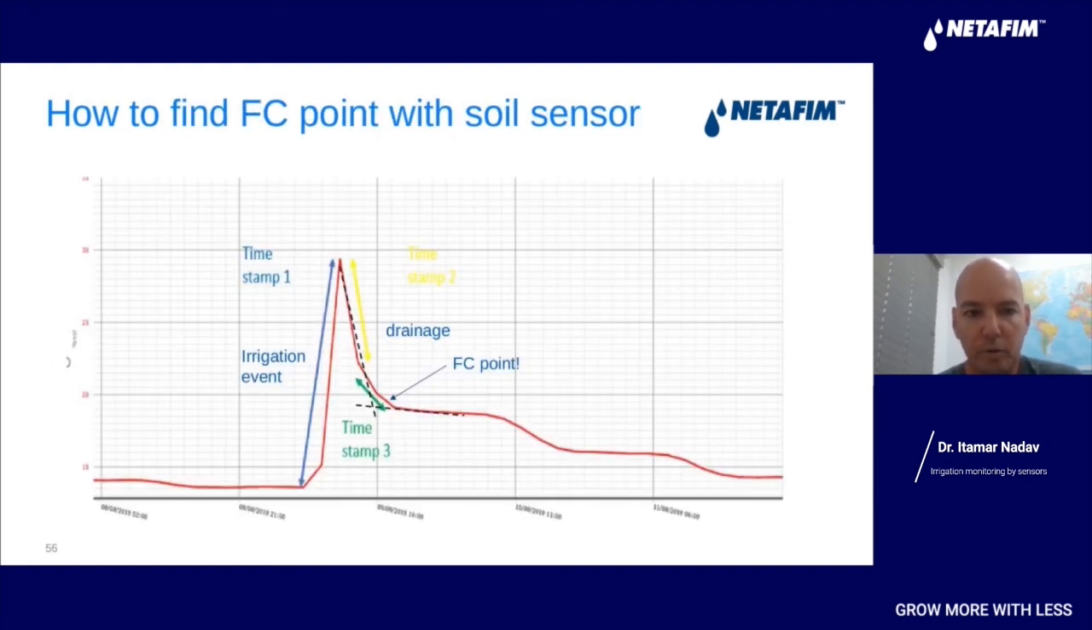First of all, we need to find our field capacity with the soil sensor. If we look at the trend of irrigation, as you saw in previous examples, you can see an increasing water content, which is because of the irrigation. Then you will see a rapid decrease in water content, and this is the drainage. It's the transition between saturation and field capacity. And if you draw a line between the drainage and the